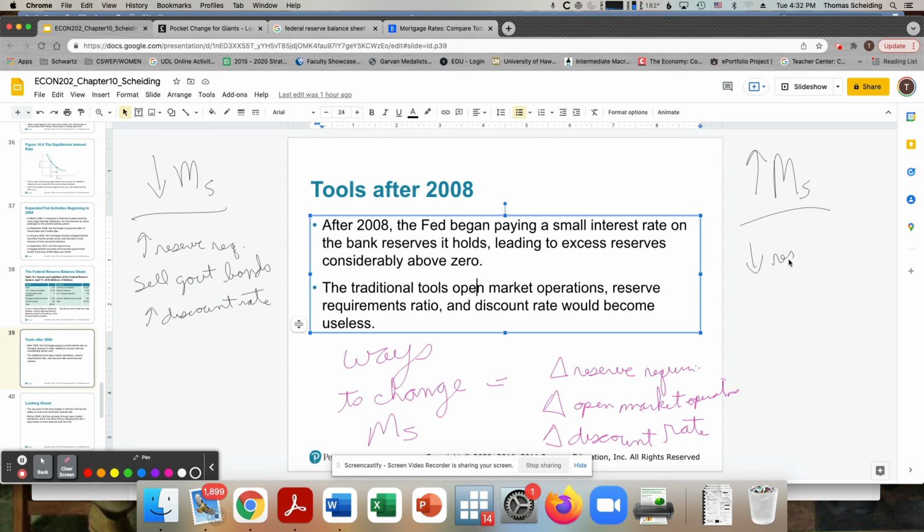That would mean that it could reduce reserve requirements, buy government bonds. That was a primary thing it did during the 2008-2009 crisis, as well as during COVID-19. And it could lower the discount rate. The Federal Reserve doesn't really like to use the first and the third tool that much because banks don't like it when you alter that thing too often. So really it's the open market operations. That's the primary thing relied on to change the money supply.